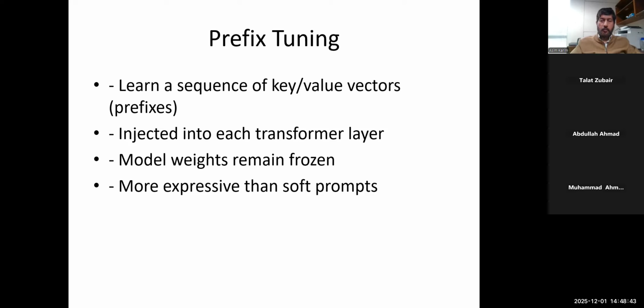As it is obvious, since you have more parameters, more vectors to learn, and they are inside the model, so these are more expressive. ठीक है, but then of course you probably need a bit more data to train this. ठीक है, सॉफ्ट फॉर्म में भी आपके पास dozens of examples से ट्रेनिंग हो जाएगी, इसके लिए आपको maybe you need 100s of examples.